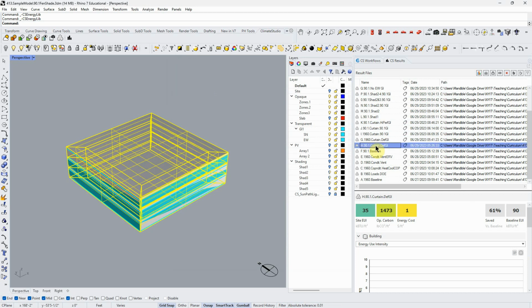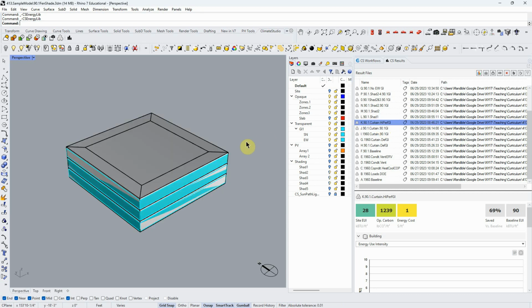So the next thing I did was, I've got my curtain wall with default glass in a 90.1 envelope, so a contemporary envelope. Default glass is single glazing. Then I did it with the standard glass that they suggest in the standard. And then I did it with some high performance glass, which didn't really change it very much. So, even right there, you might go, I realize this is triple pane glass. You really have to have a complete system together where you're tuning everything to make that kind of level of glazing